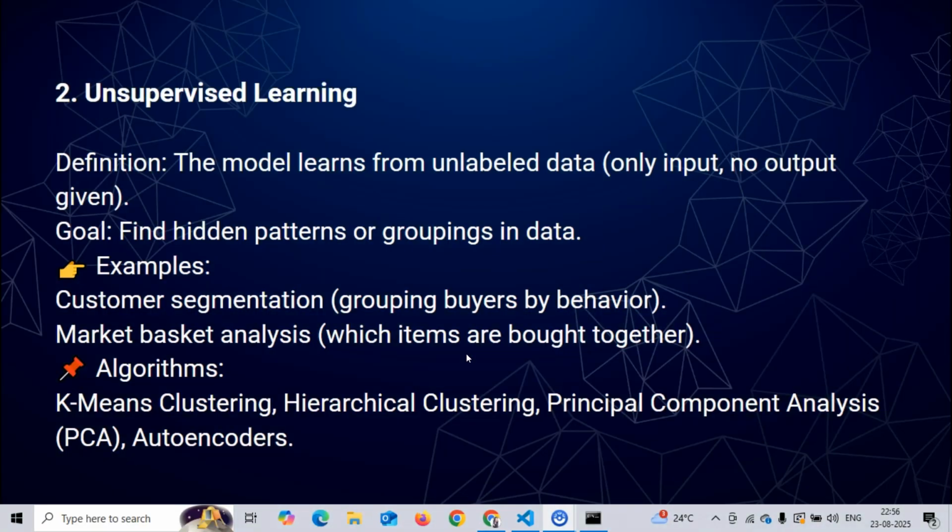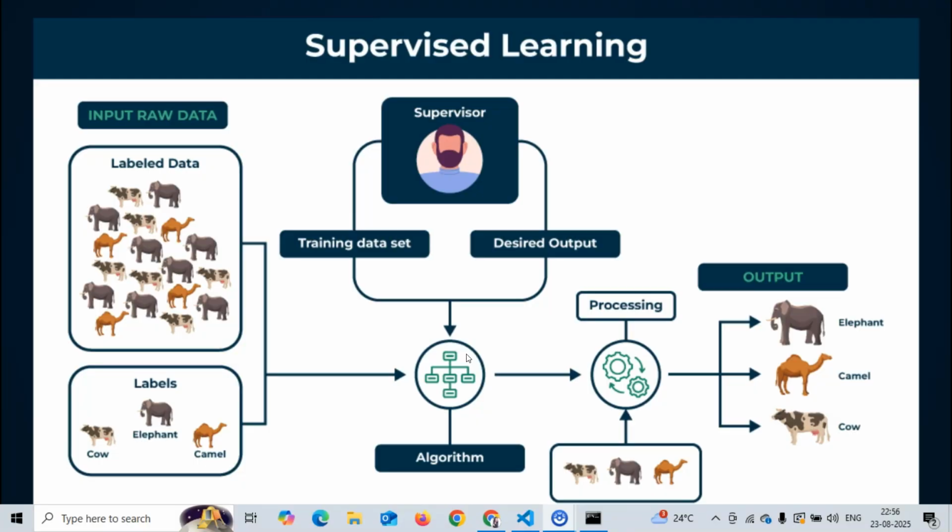Hi everyone, welcome back. So we have understood everything about supervised learning. We already wrote code for it. Let's also look at the flowchart to understand it. Here we have different types of animals present, which are all labeled. The labels are elephant, cow, and camel. So we have all the data, the images of the animals grouped together and labeled as elephant, camel, and